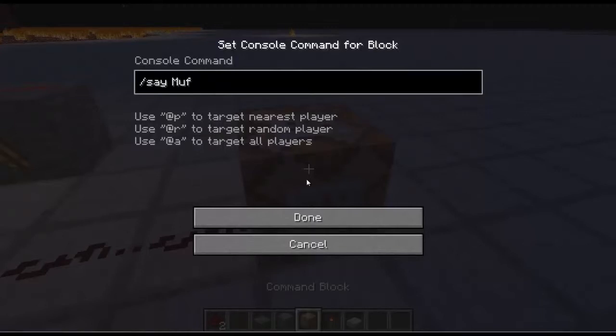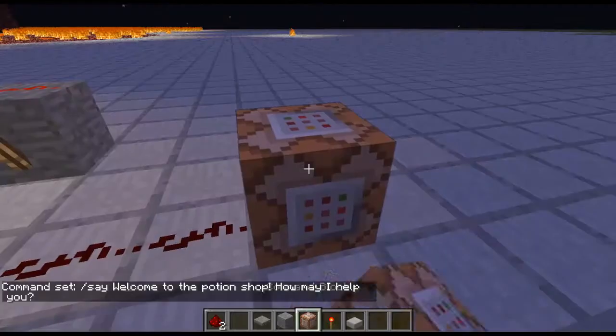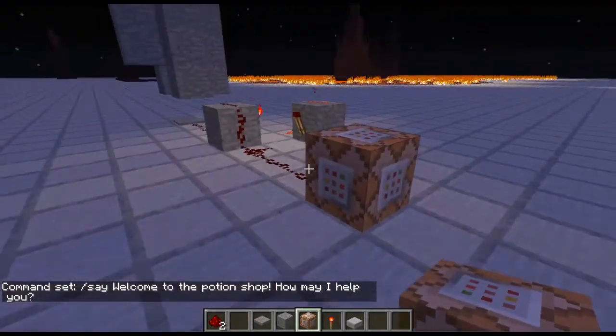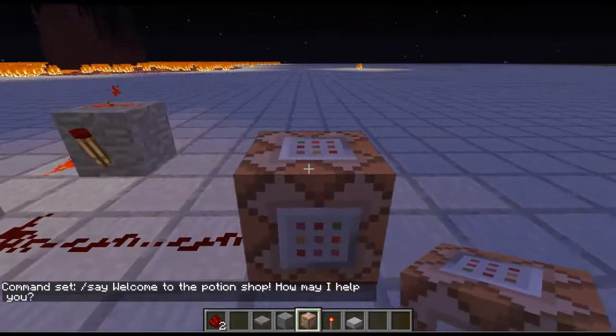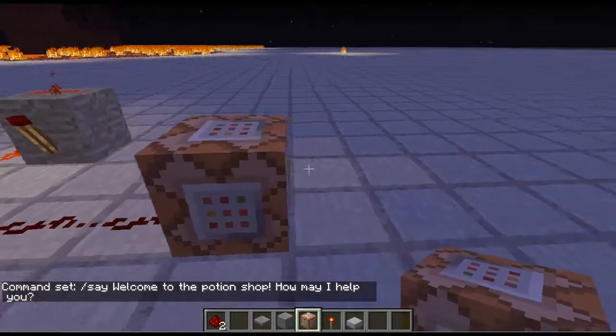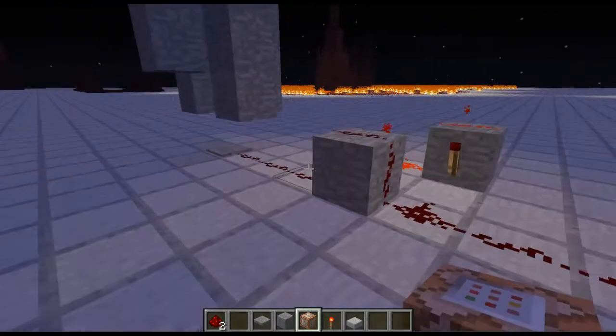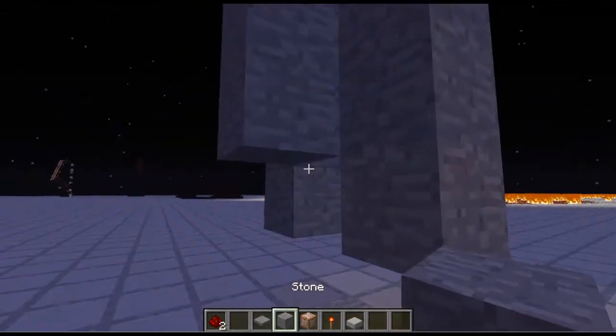Or no, we don't even have to have that. Just say /say welcome to the potion shop. How may I help you? And then we'll edit that. We'll give it some nice color to the actual command block, and we'll make it say Mufasa says. So we'll give it a nice dialogue using some NBT edits, which I've actually used in-game NBT edit because